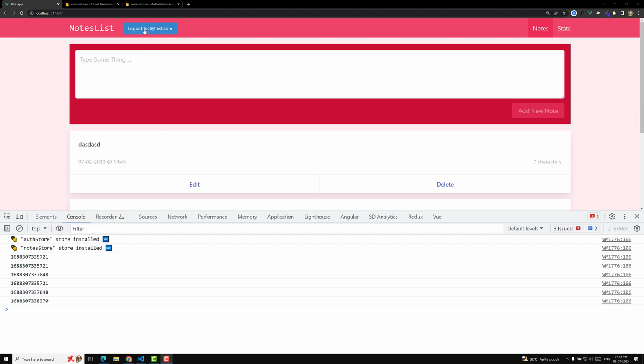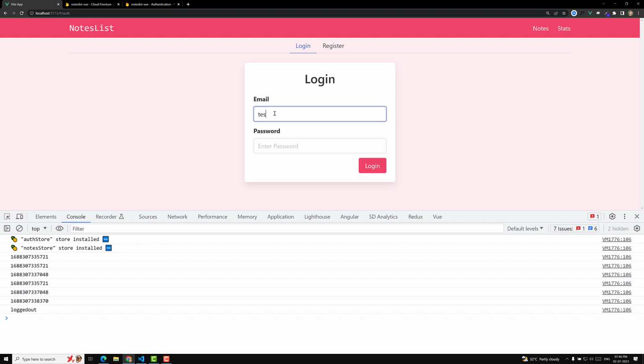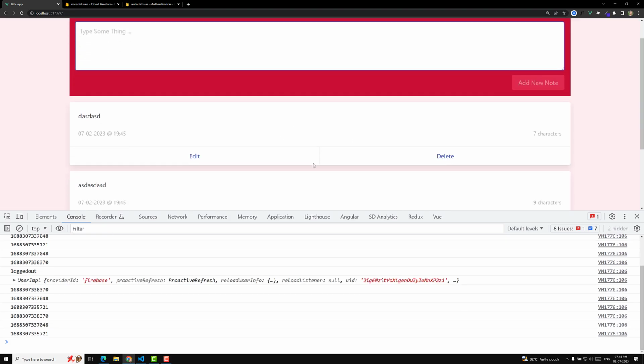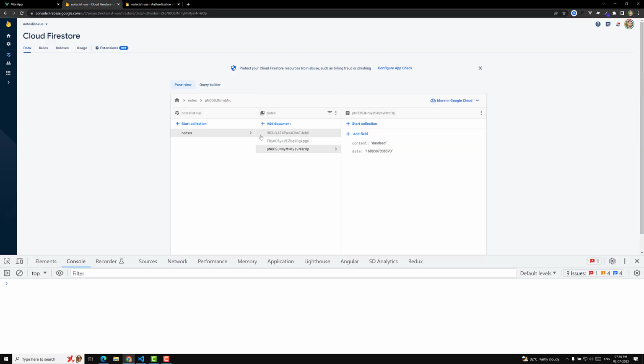So now we have successfully completed this login and registration part. If I try to log in with 1 2 3 4 5 6, we are able to log in successfully. But the nodes you are seeing here, the nodes we have created in our database, are independent of the user. So now let's restructure our database in order to support the nodes for multiple